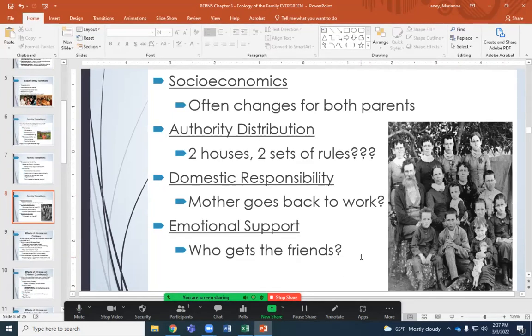No, it's wild. You know, in our history, we had a lot of different things going on, and this is probably their Sunday best, and they all are kind of glowering at the camera, which was maybe new back then. They didn't know what it was, and so they're just staring at it, right? So domestic responsibility was the mom, an at-home mom, and now has to.